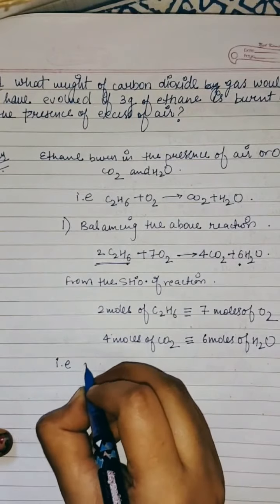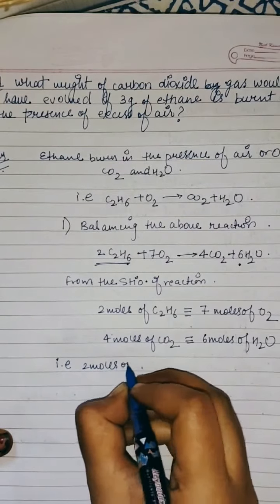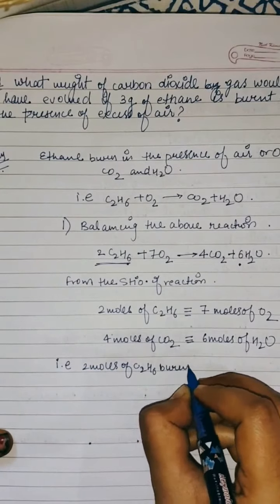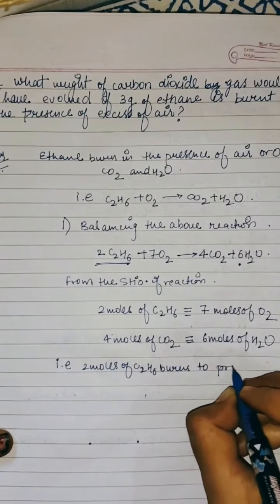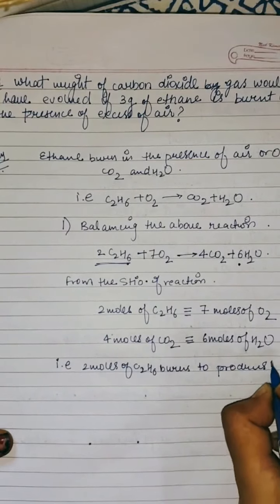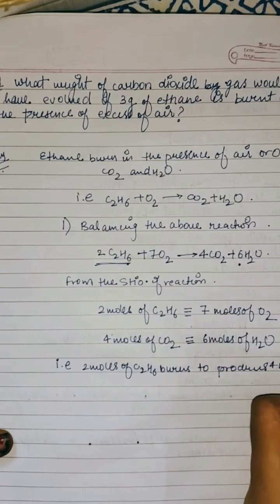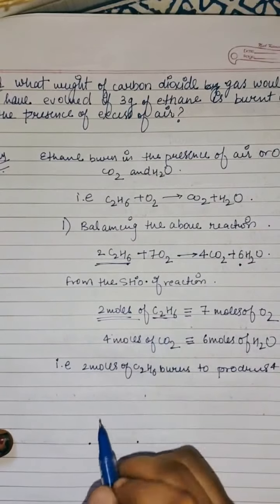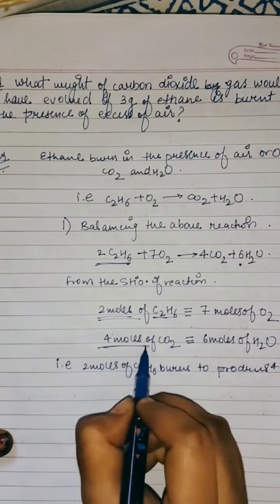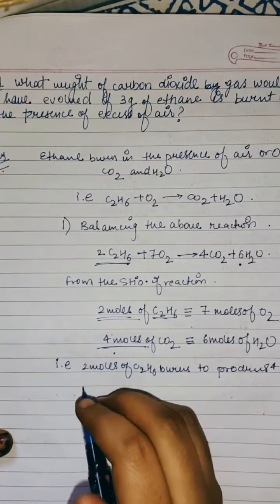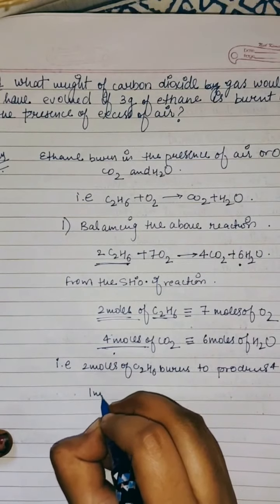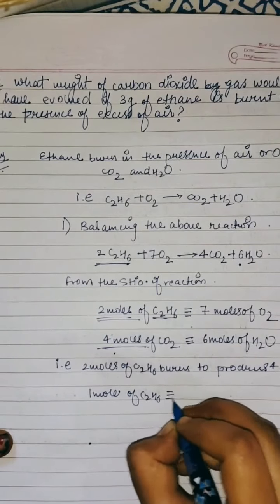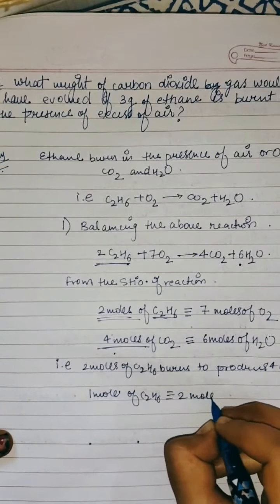That means 2 moles of C2H6 burns to produce 4 moles of carbon dioxide, and 1 mole of C2H6 gives 2 moles of carbon dioxide,